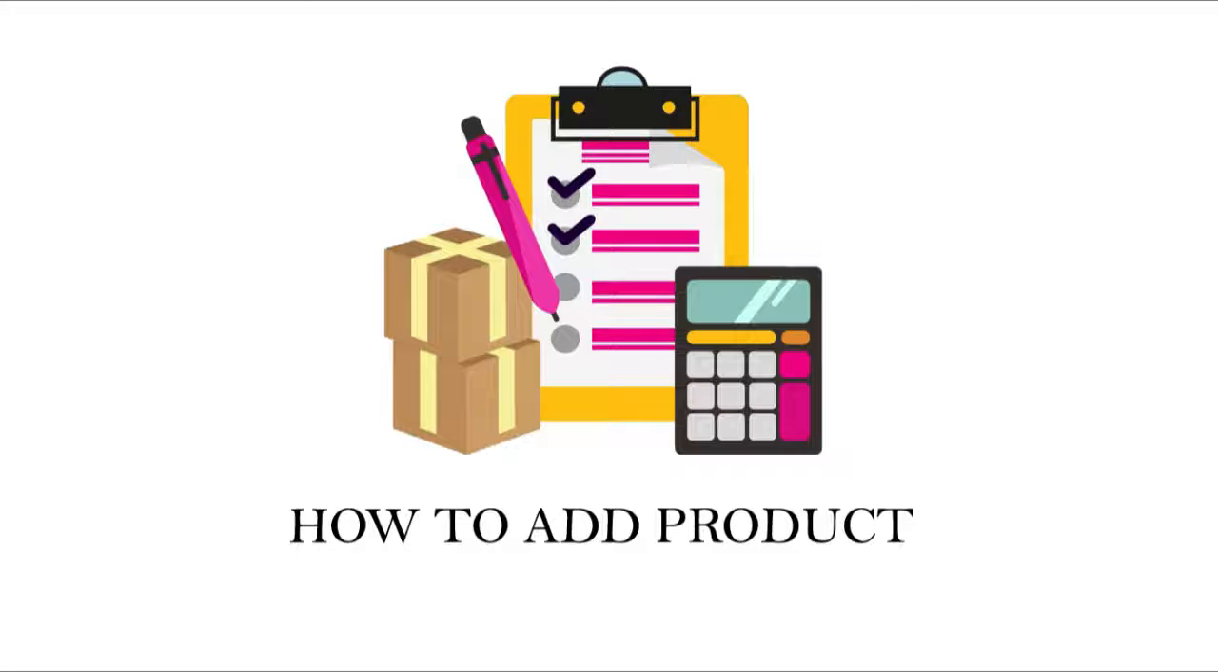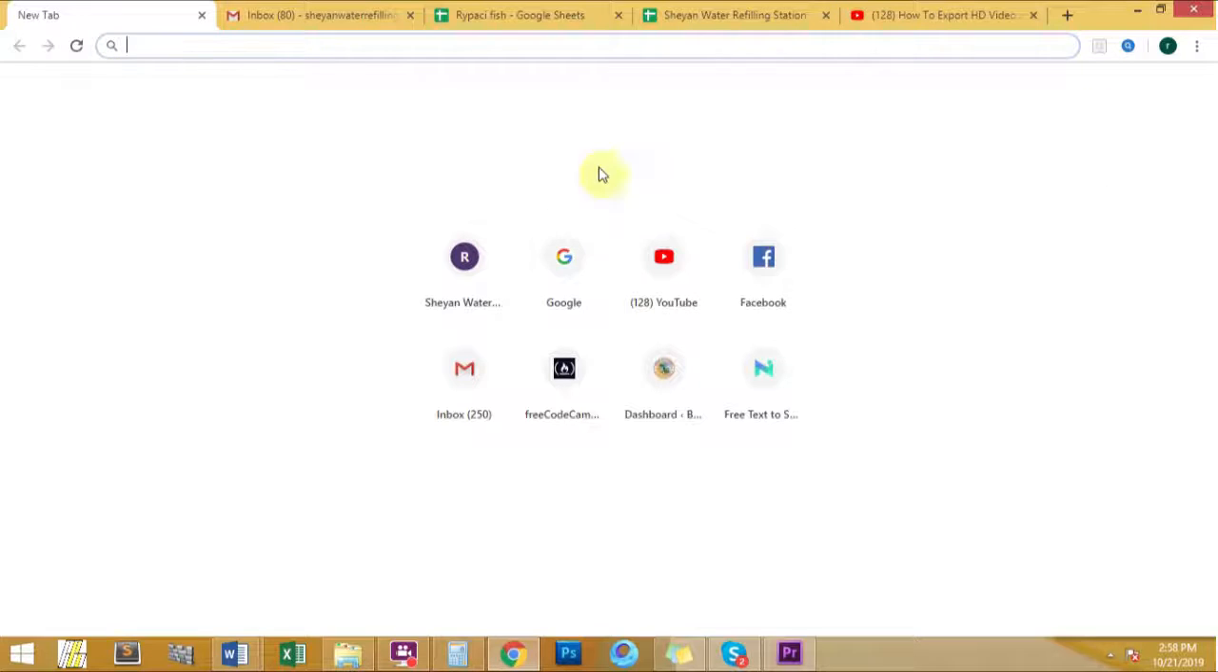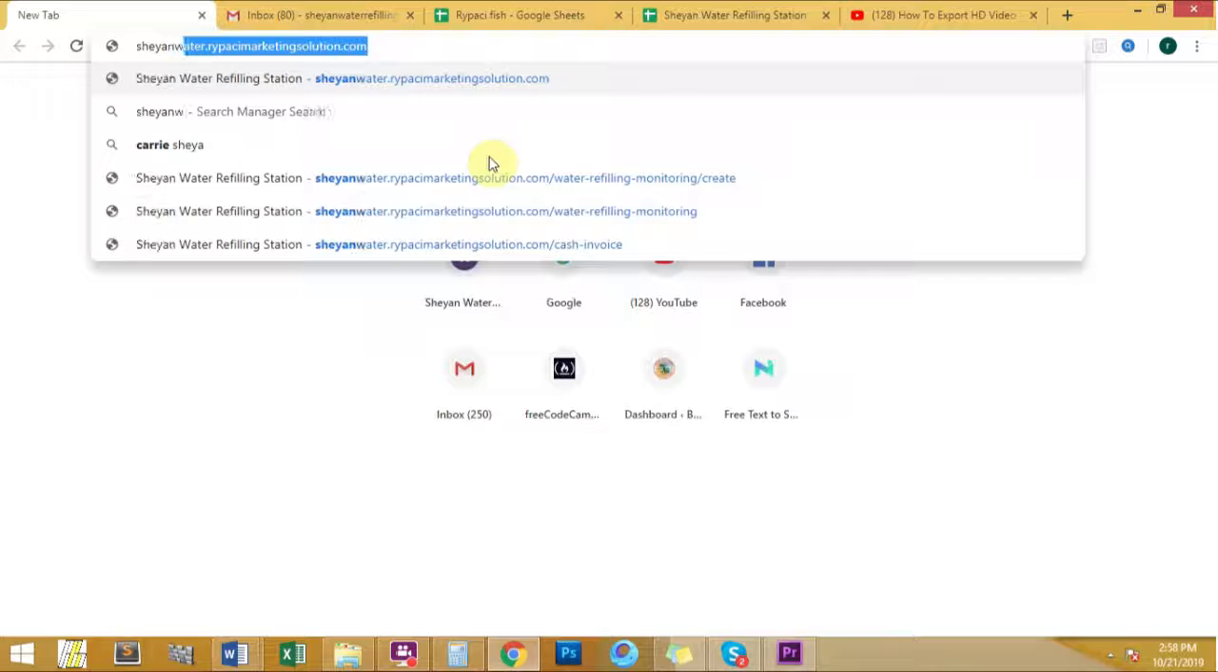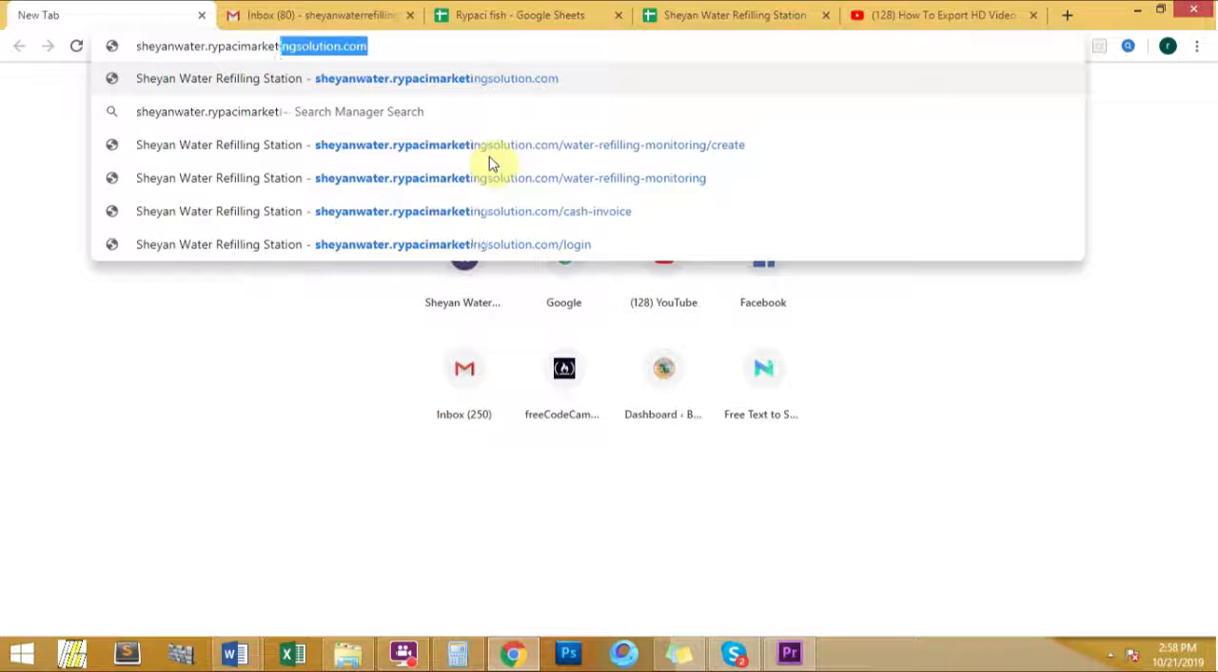Today I will teach you how to add a product in the automated accounting system, Botkeeping. The first thing you need to do is log into your account. Type your company name, for example, I will type Water, the name of the software developer,